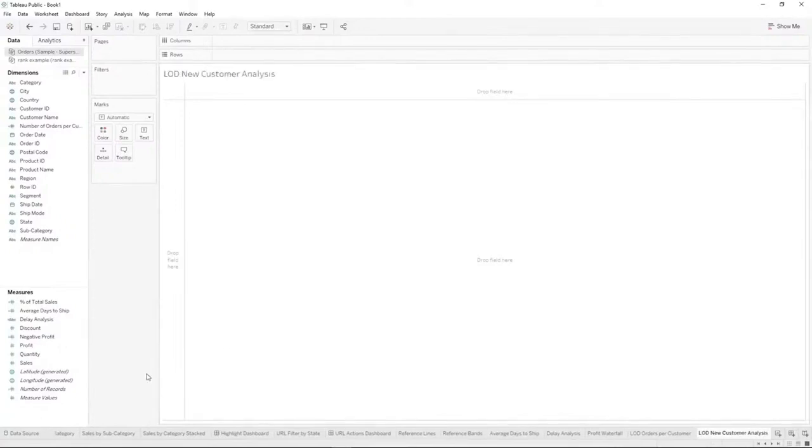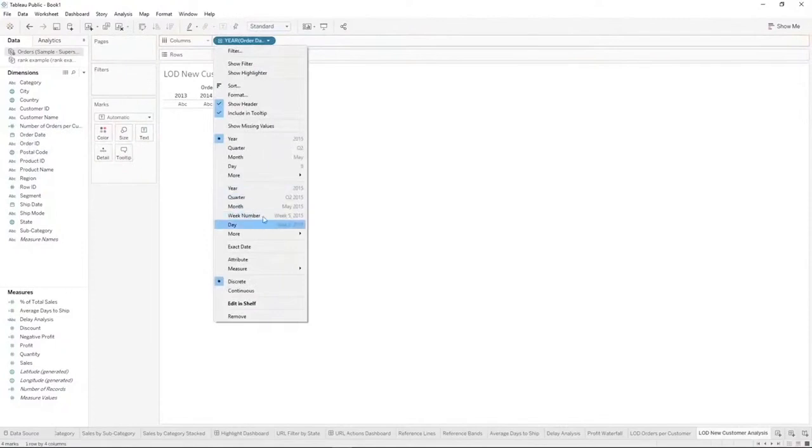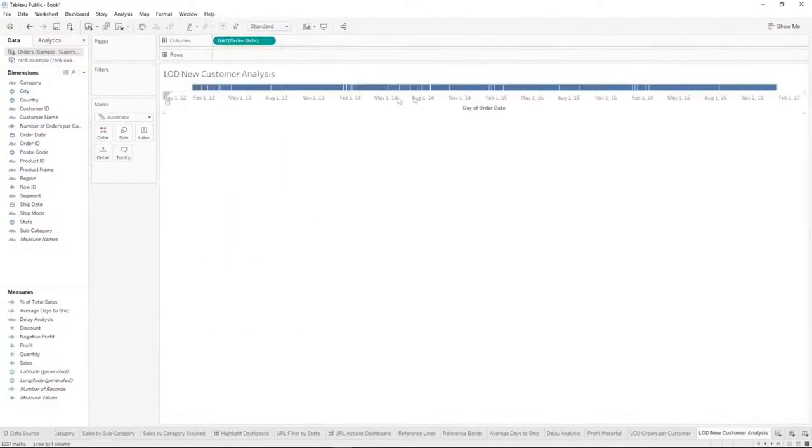So this visualization is going to be about customer acquisition over time. When we do things over time, we grab our date and pull it up here. For a line chart or anything over time, we're going to use these so that it makes an axis, instead of just change to line, instead of dimensions or something that is not continuous. And then we're going to take our customer ID,